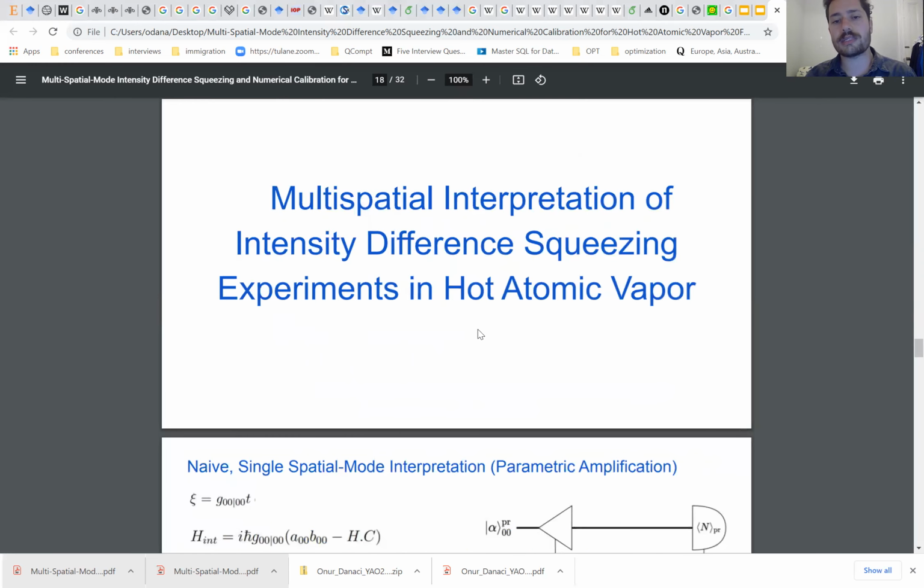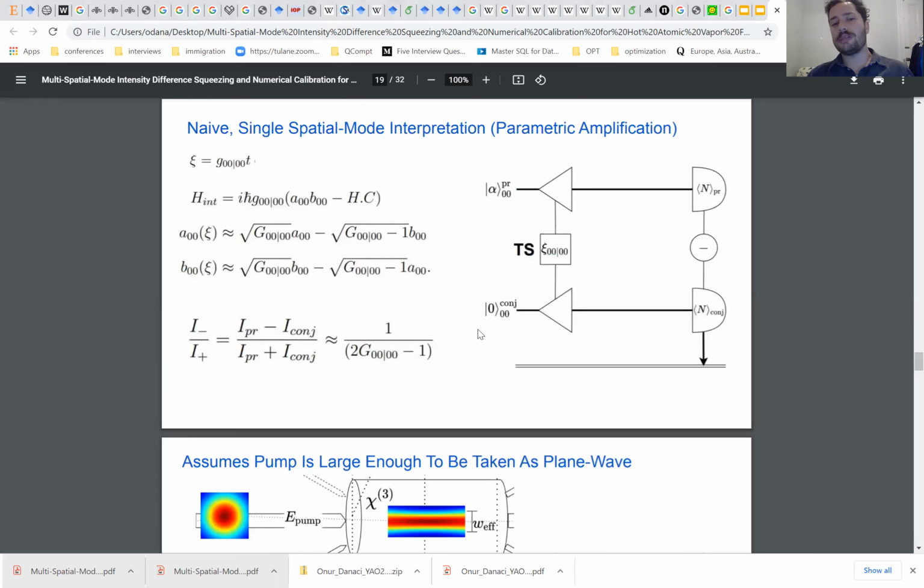And so we use these techniques, this theory, to interpret the intensity difference squeezing experiments. Usually, the naive interpretation of intensity difference squeezing was just parametric amplification. Let's say you have a 0-0 mode Gaussian pump beam, and then some sort of Gaussian probe beam. Then you create a Gaussian probe and conjugate, and they are, let's see, this bright seeding beam